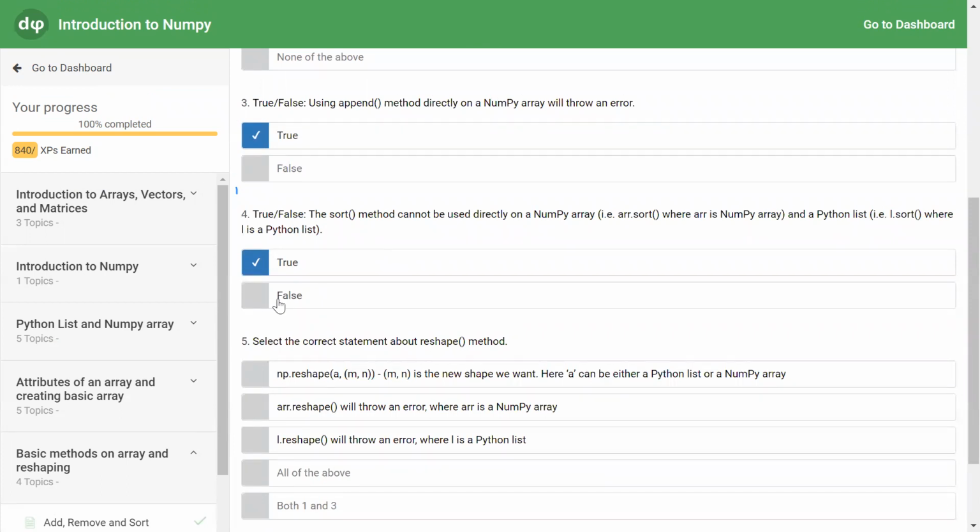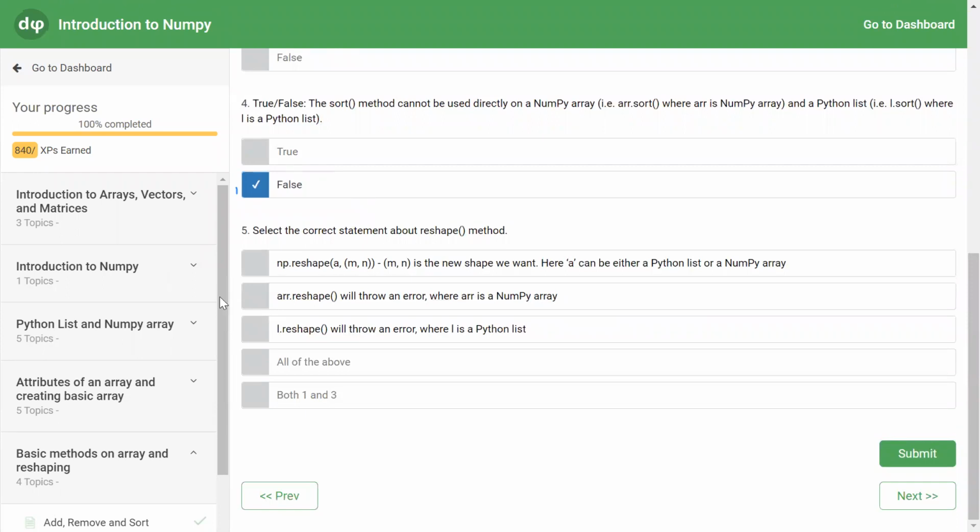For a NumPy array, we have seen np.sort. We also have the L.sort method. Going through this question, it is reversed. A list supports the sort method, so you can call the sort method on a list. So this answer will be false. Take an eraser, click on false, because for a NumPy array you use np.sort with the NumPy array name.